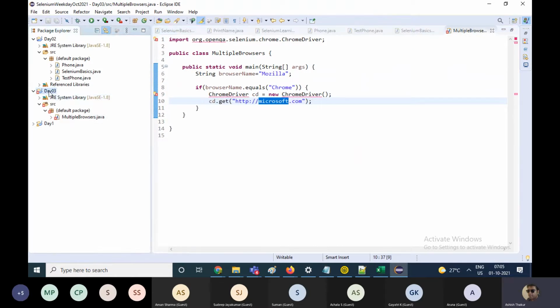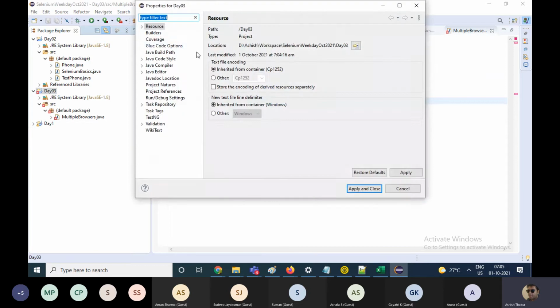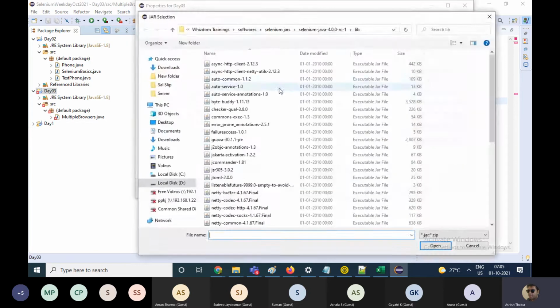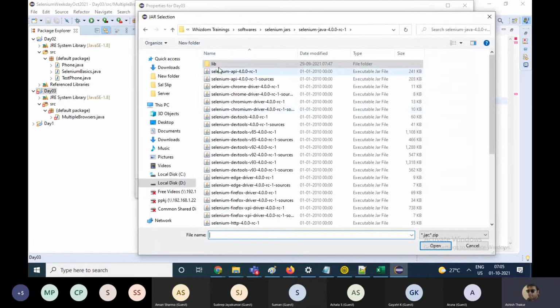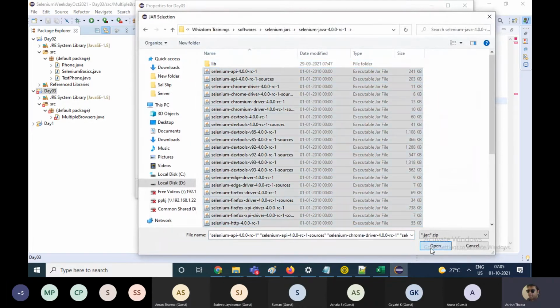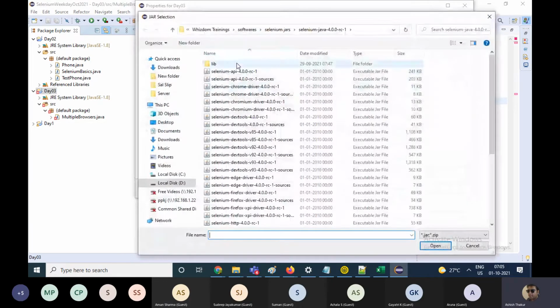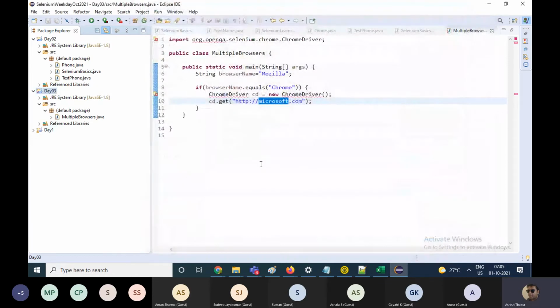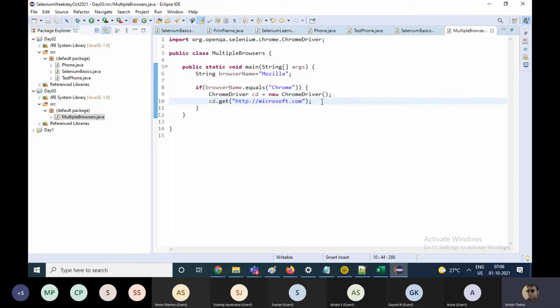You'll have to include the Selenium jars in this project as well. Whichever project you create, you will have to include the Selenium jars in that particular project. So this is the Chrome driver, right?